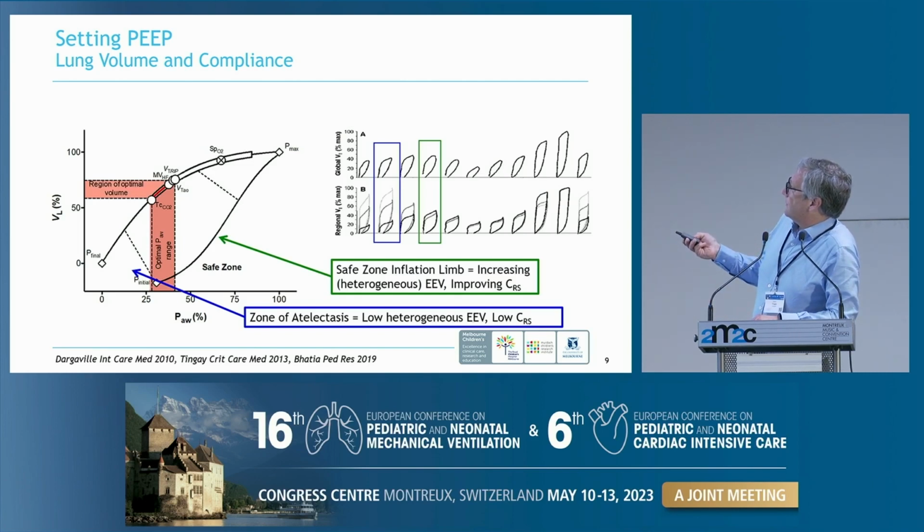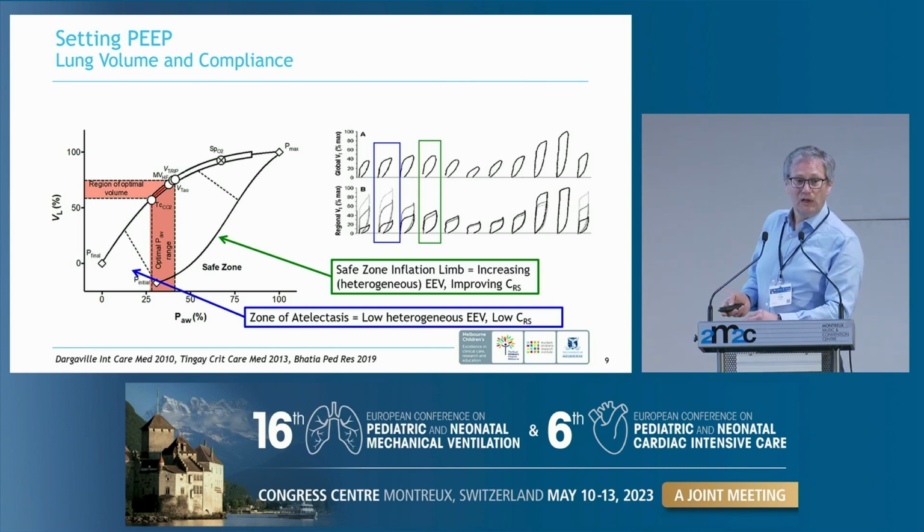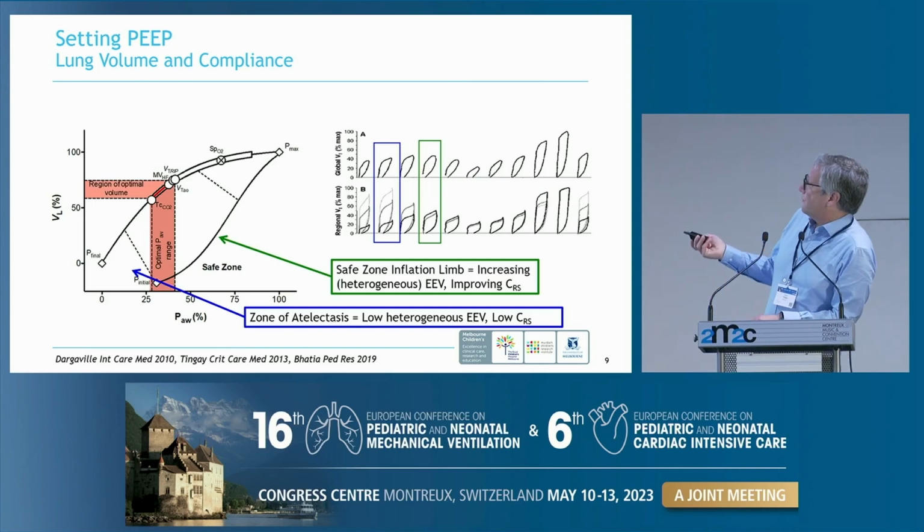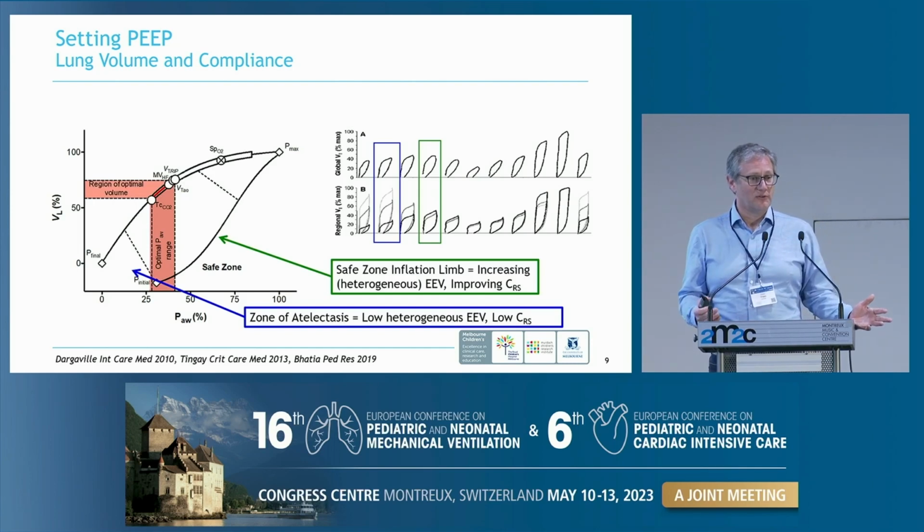You can see that the lung compliance is improving. The regionality of lung compliance is improving. This was with EIT. So you can see 3 different gravity-dependent parts of the lung. You can see at this point that lung compliance is very different. And this is really important in HMD or RDS. We have profound surfactant deficiency. We do have a heterogeneous lung disease.